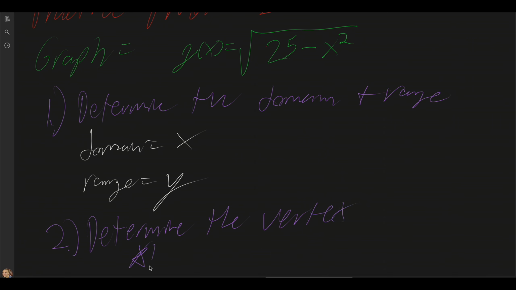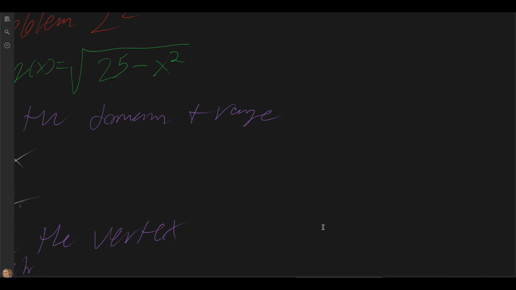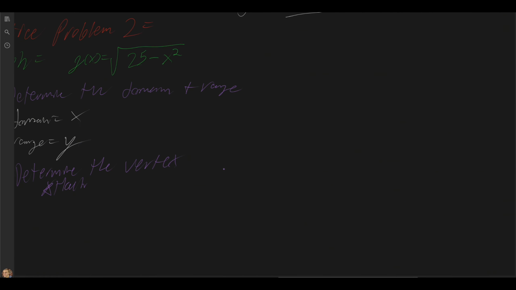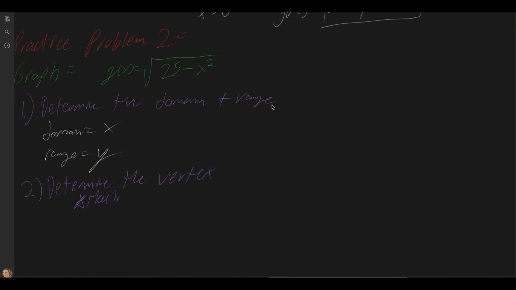And we always remember a little hack. If we can figure out the range, we can figure out the vertex. You got it. And so let's start off with the first part, figuring out the domain. Let me just zoom out of here so we actually understand. And so whenever we get rid of our square root, we have 25 minus x squared